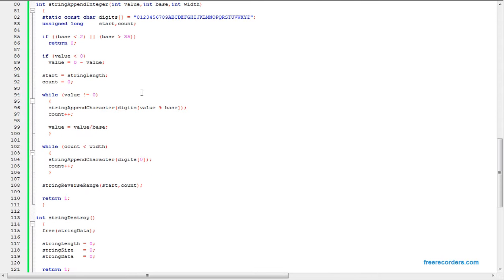Okay, the way it works right here, while the value does not equal 0, we add a character that is the value modulo the base, the corresponding digit. So if we are adding 35, this value right here is value modulo base, 35 in base 10. So it's 35 divided by 10. The remainder is 5. So the first character it adds is 5. So it adds the number 5 into